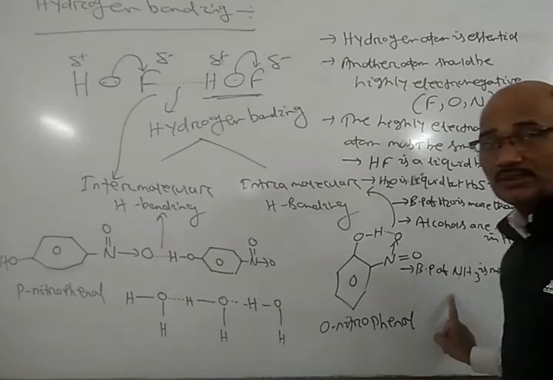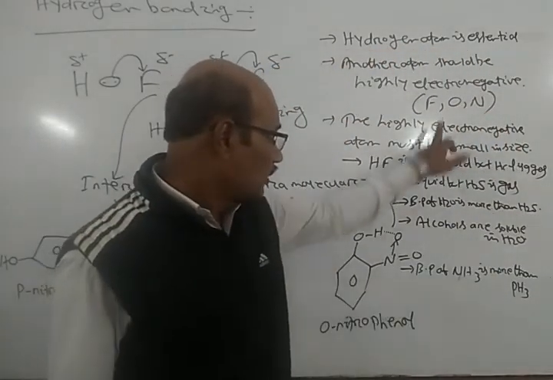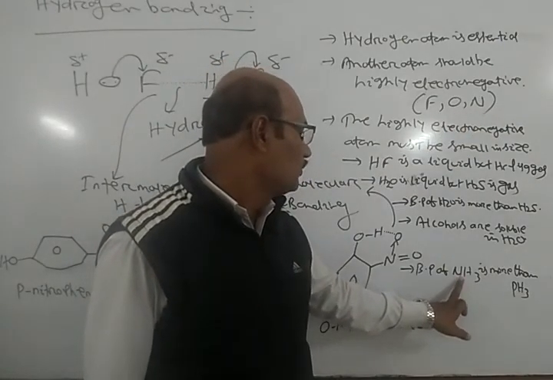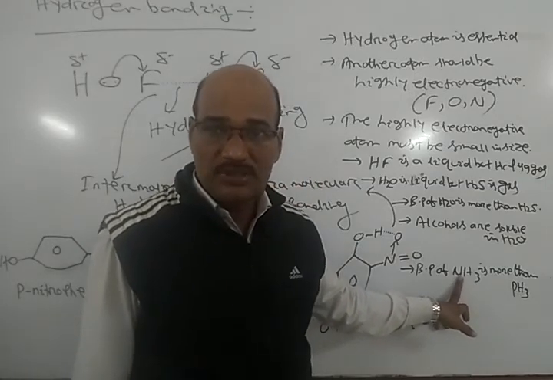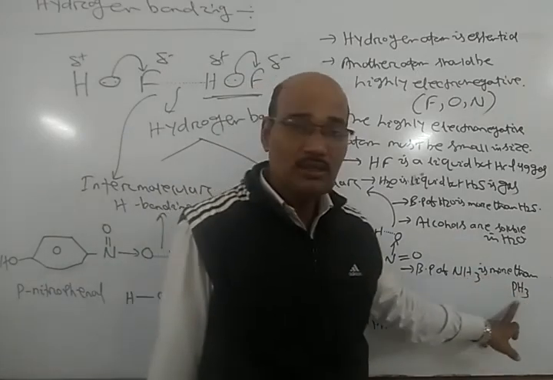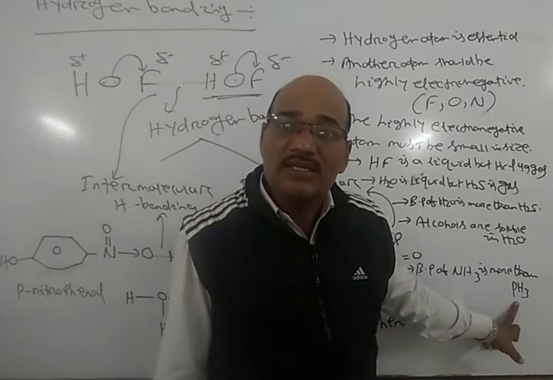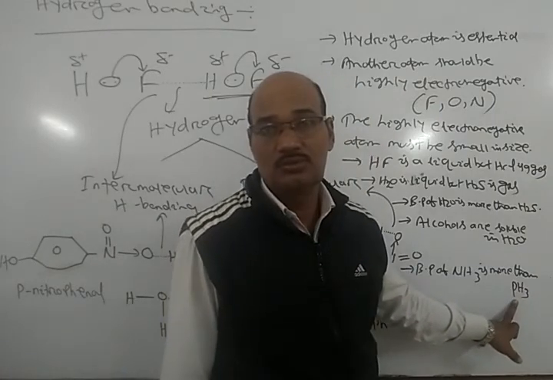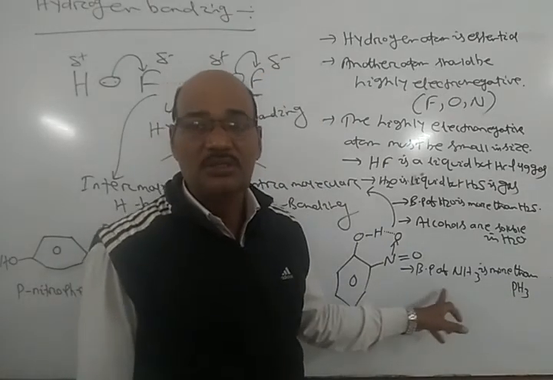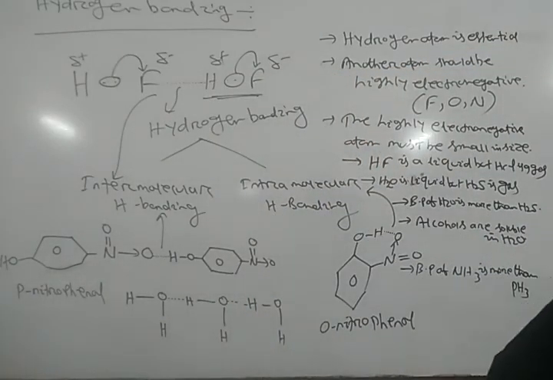Because in NH3 the nitrogen atom is there, F, O, N. So in ammonia molecule there is a possibility of formation of hydrogen bonding, but in phosphine there is no possibility of formation of hydrogen bonding due to large size of the phosphorus atom. Okay, hence the ammonia is having the higher boiling point as compared to phosphine. Okay, similarly